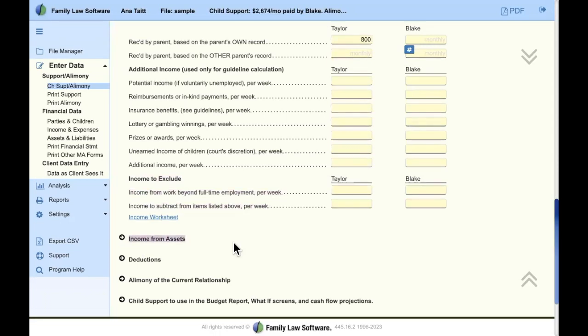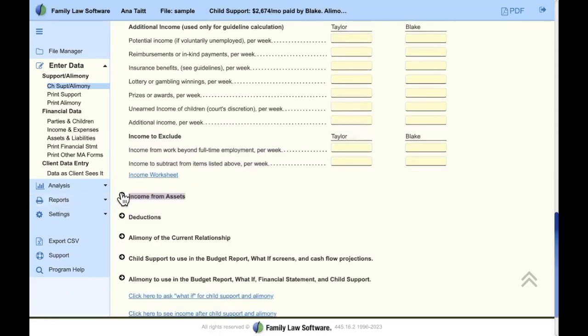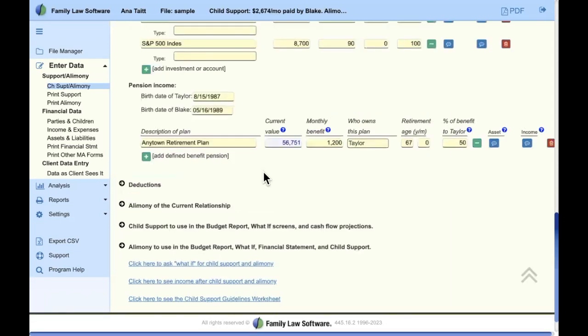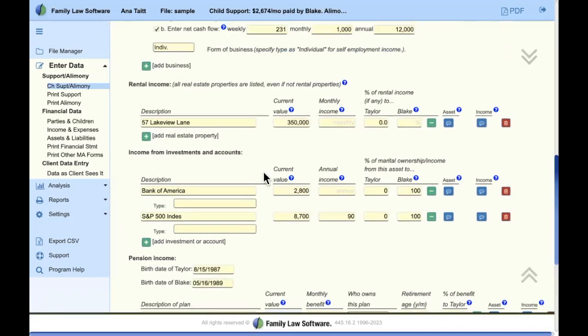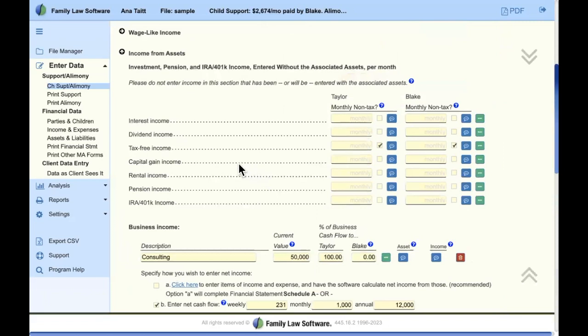So if you have parties that own a business, let's just open this section up here. Let me scroll back to the tab. So here are going to be interest, dividends, rental, etc. All sources of income are going to be listed here. Put them in the right place, again, for the correct